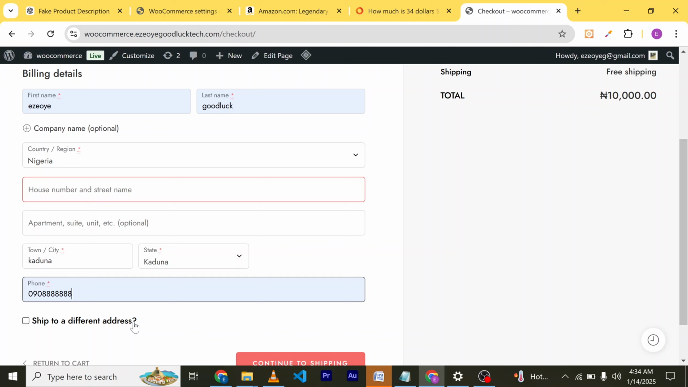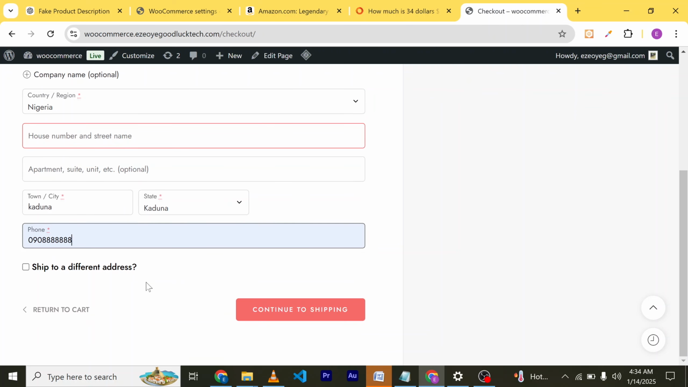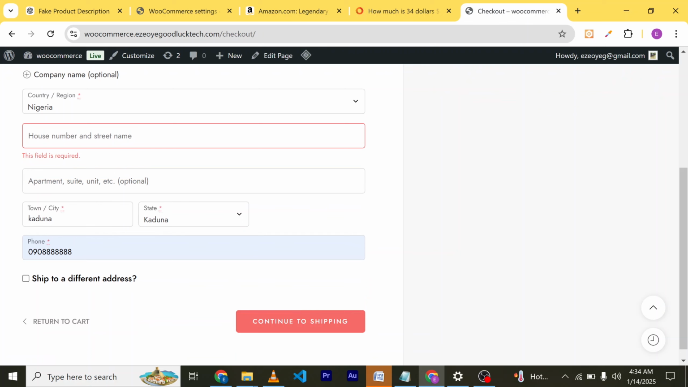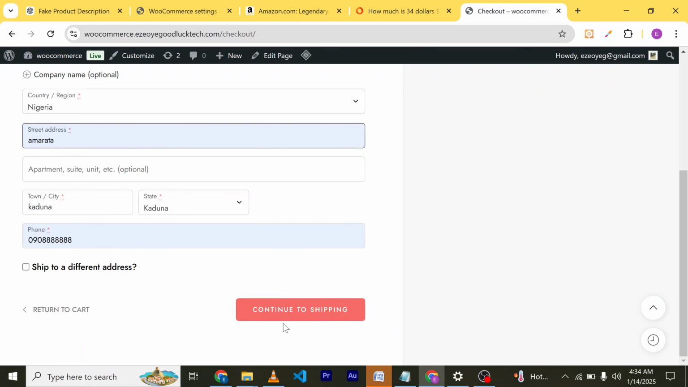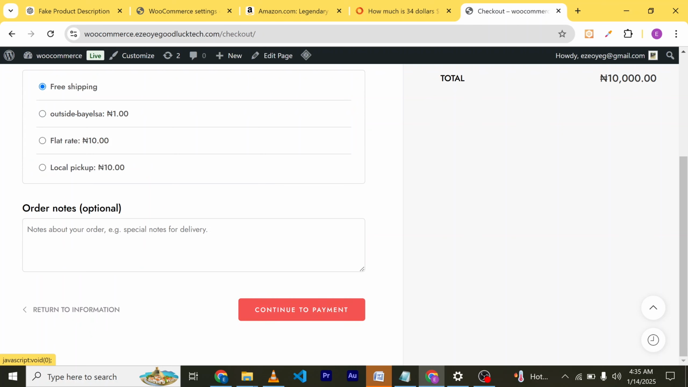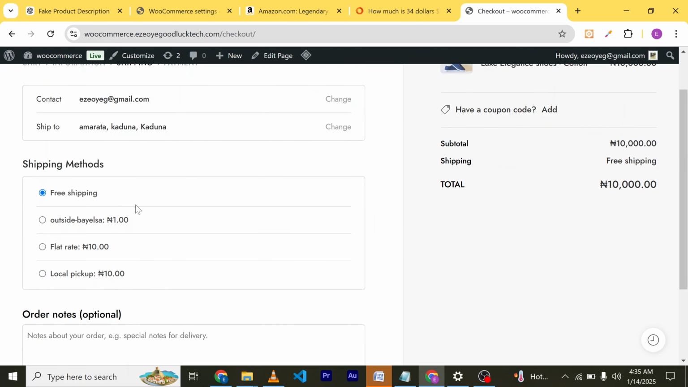And after that, I will just click on continue shipping. Alright, so house and street address is needed. Let me just fill in something here, and after that I just click on complete shipping. Alright, as you can see right here, we still have the shipping method, free shipping, and outside Bayelsa is set